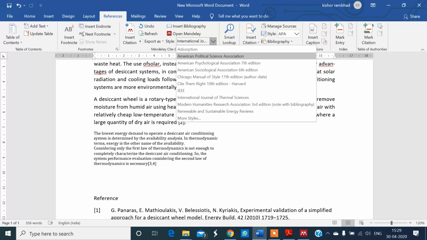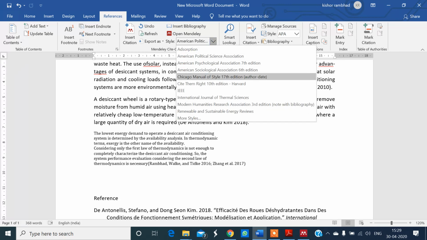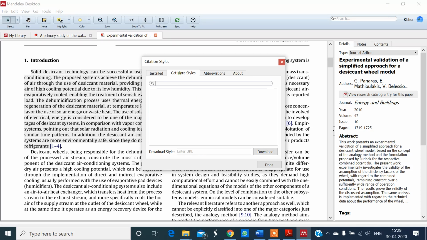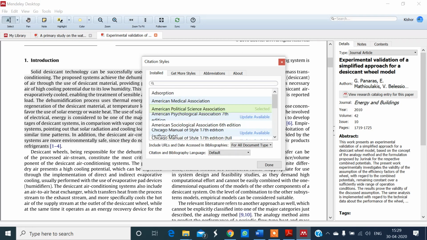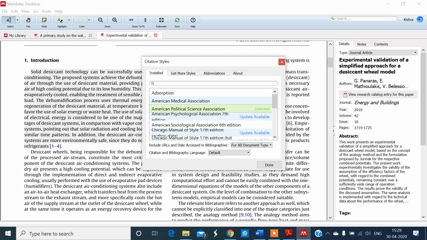Then there are a number of citation styles you can use here. Suppose you don't find any citation style which you require, then click on more styles. Then go to get more styles and type the author name. There are some installed citation styles available on that page also.